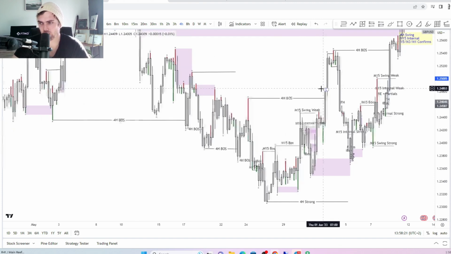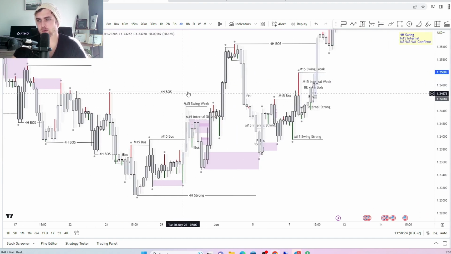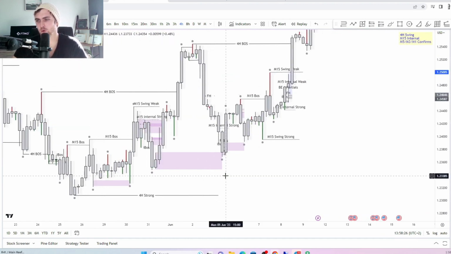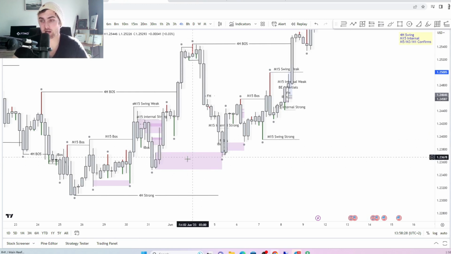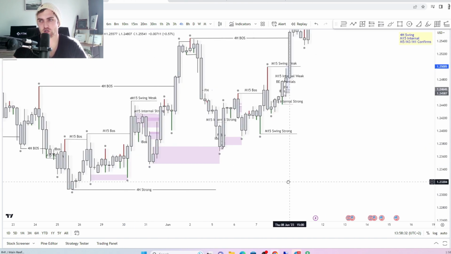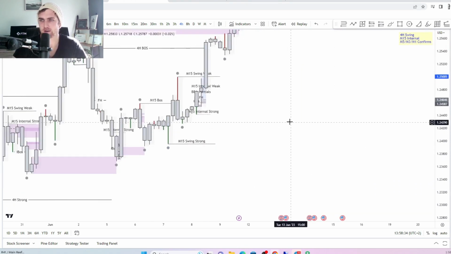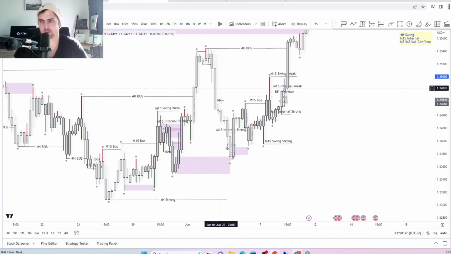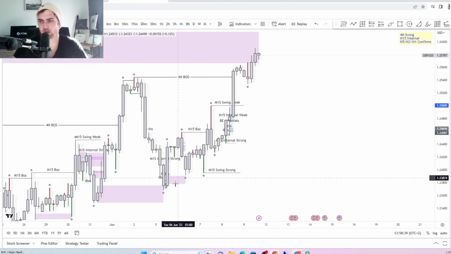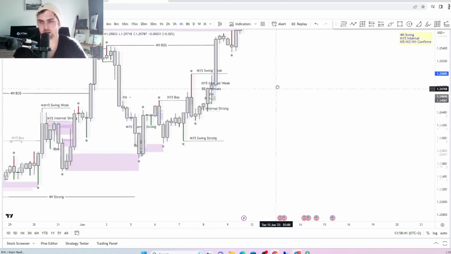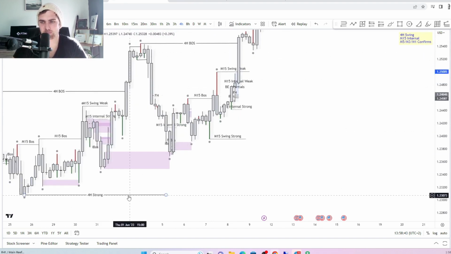So now swing structure has shifted bullish. After that 4-hour break of structure to the upside, price had that pullback into relative price action in the previous 4-hour swing range caused by this 4-hour strong. All right, so now this is where we are at current time. Price had that pullback, mitigated areas of demand, and then broke structure to the upside again, created by this new